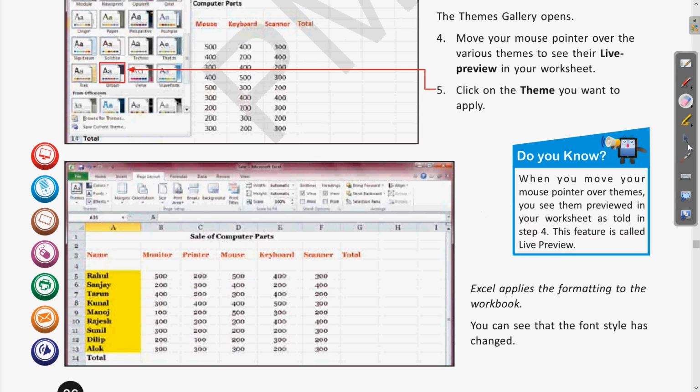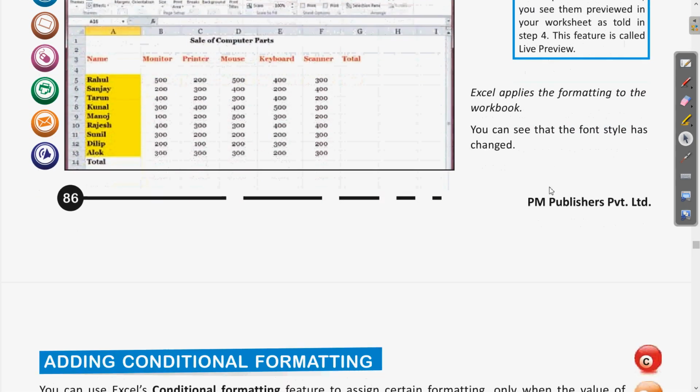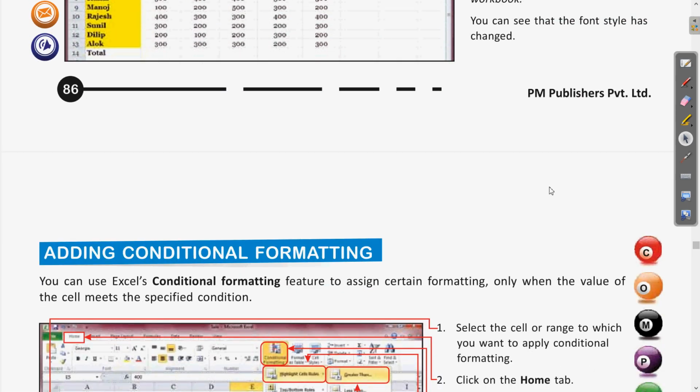Okay, now here the same formatting which was selected with these themes is getting applied. Clear? Now as we were discussing, using these themes the color of the cells or the data can be changed, the layout, font style. Clear? So all these changes happen with these themes.